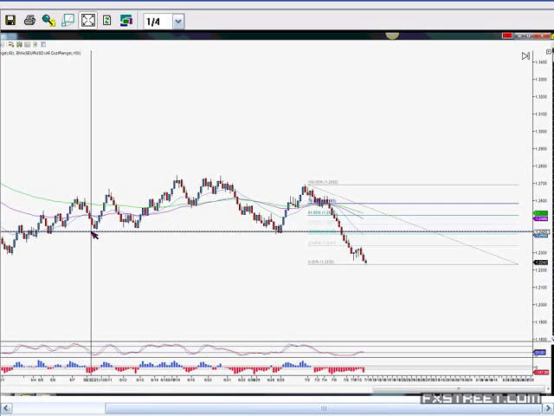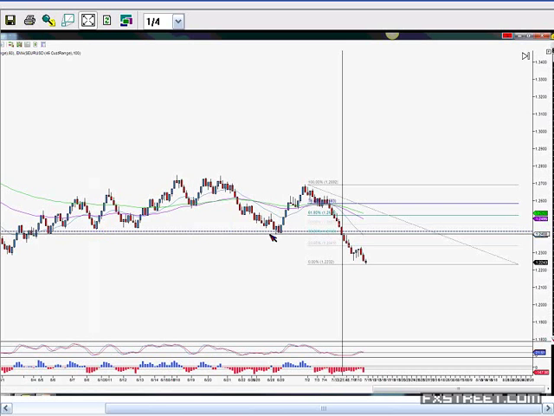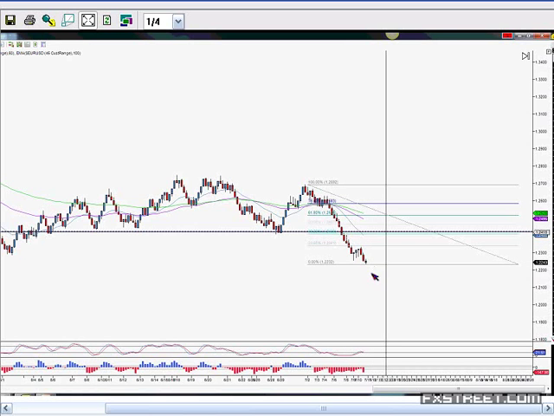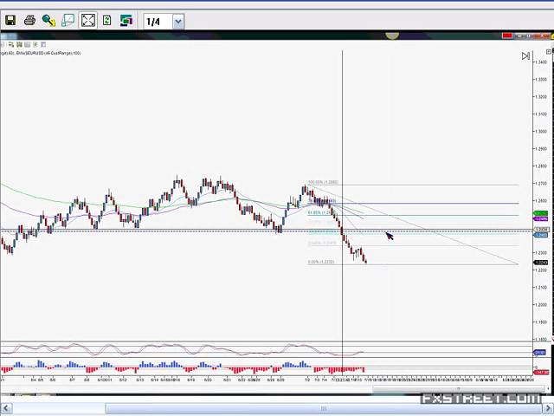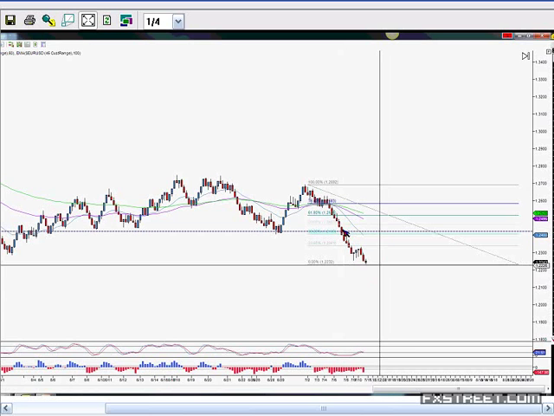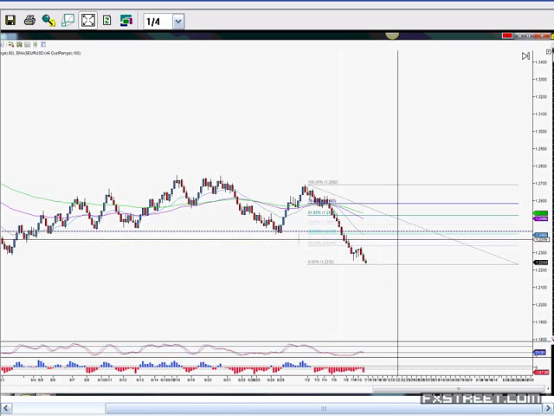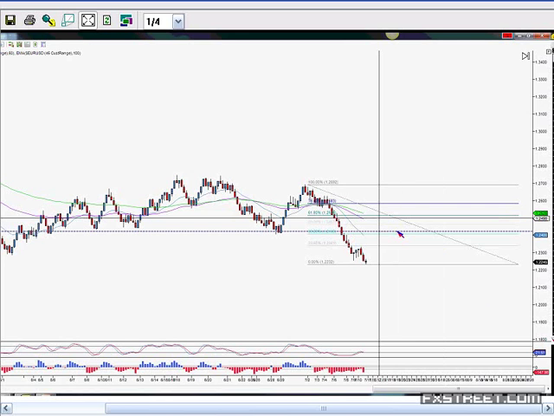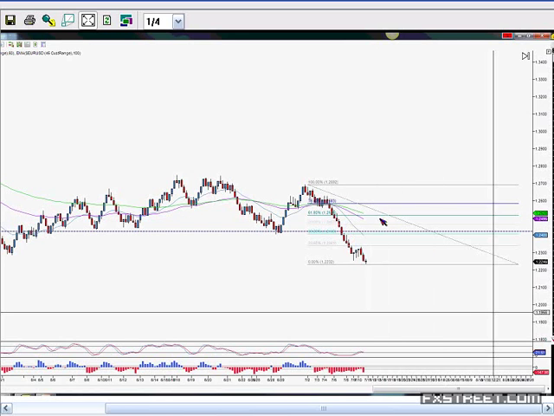And what happens at levels of support and resistance? The bulls and bears battle it out. The last time the market got down to this level, it sold through it. So we knew the bears won the battle here. The next time the market comes back to this level, all of the guys that sold from here before will be selling again. And anybody that might have missed that move will also try to sell again. So the next time we get to that level, if the market starts to turn around at that level, we can be pretty confident that the market's then going to carry on and sell down.